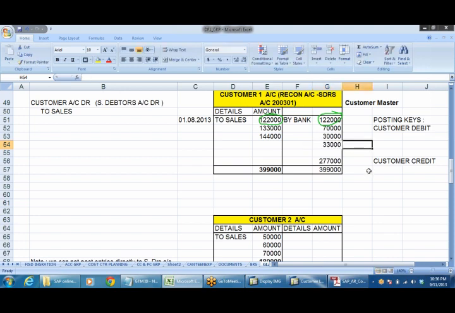Here 1,33,000, if you receive only 70, the balance is going to be 63,000, 63 plus 144. So like this, whatever the outstanding amount, we have to analyze based on the date.